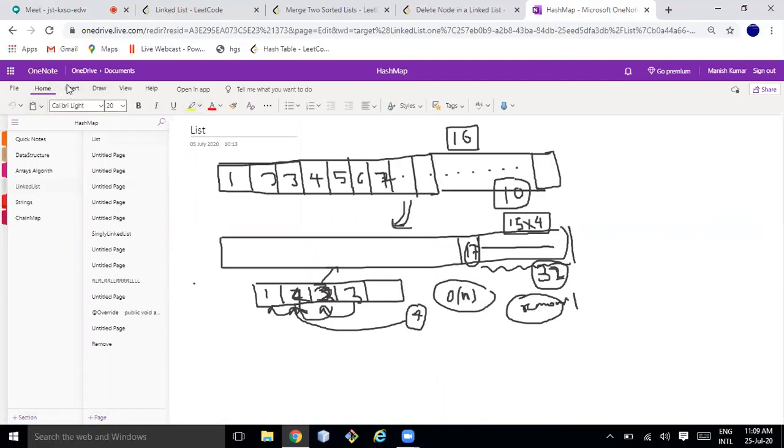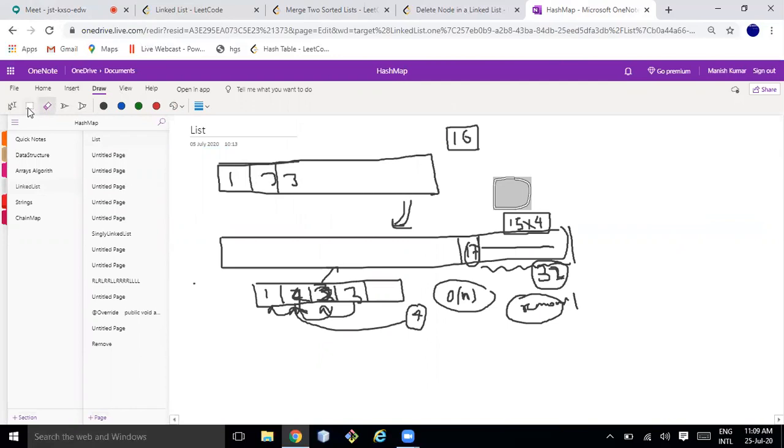Let me clear this one. My first screen is not visible.